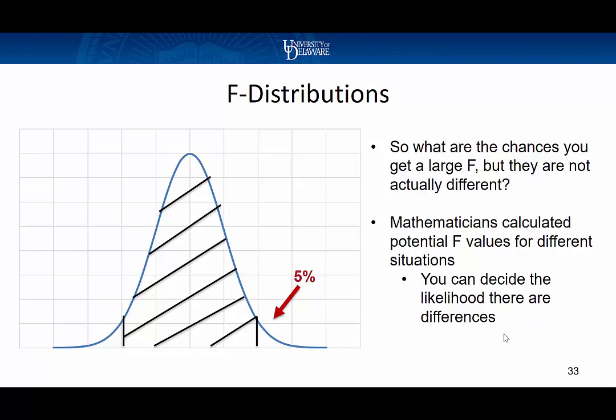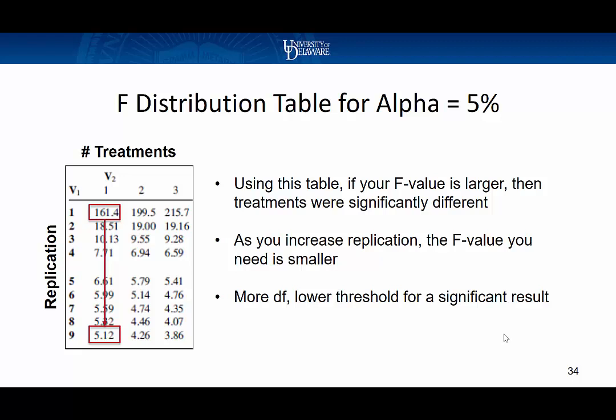There's a 5% chance that that value could occur. And so they have these tables, which if you take a stats class, you'll have to look up. I don't need you to understand the table. I need you to look at this F value up here. If you only had 1 replication and your alpha is 5%, which means we're looking to see if there's a 5% chance that this F value could exist,